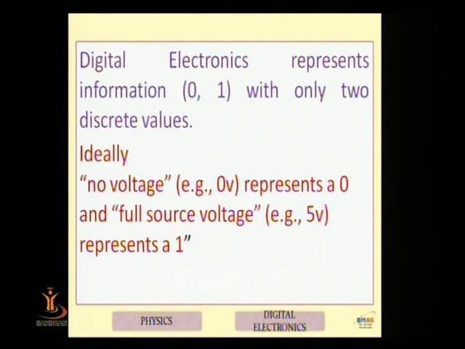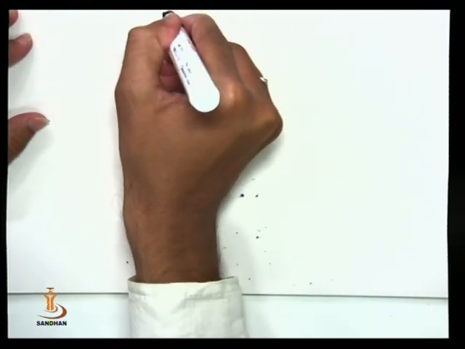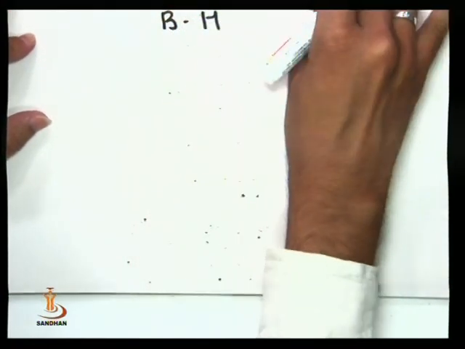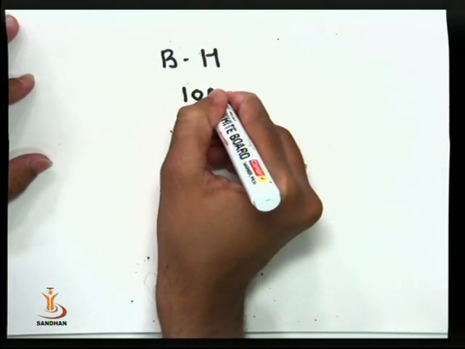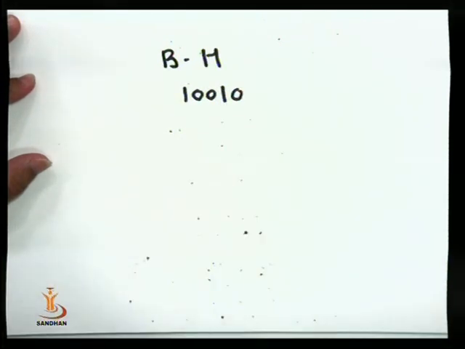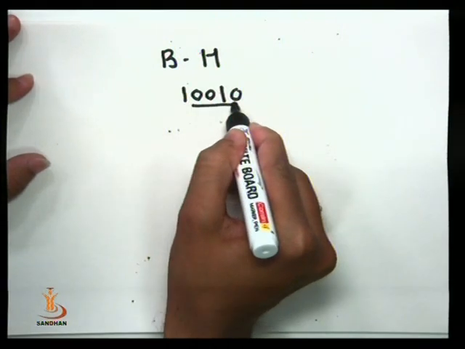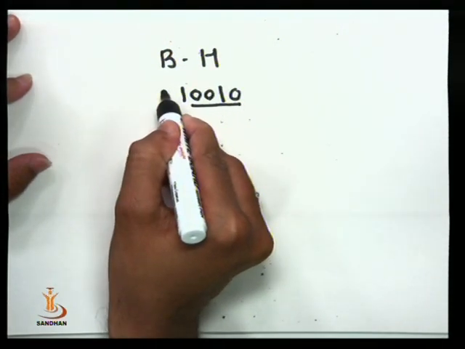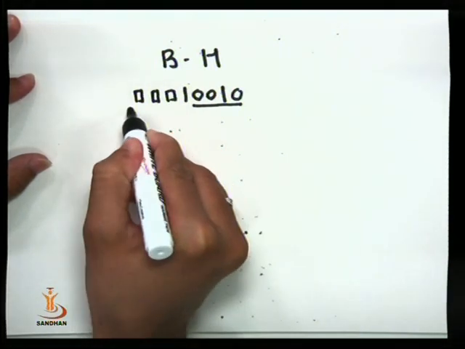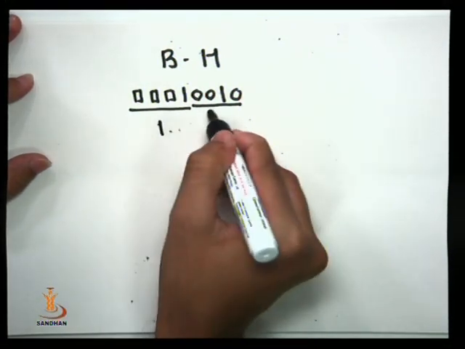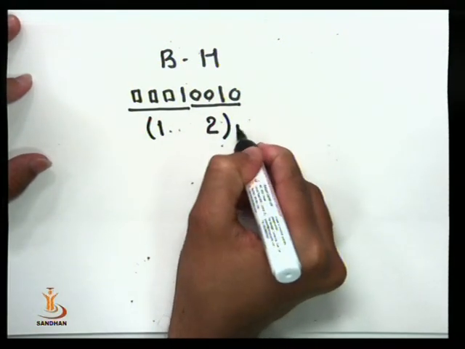Now the third one related to binary is binary to hexadecimal. Let me again take the number 10010. Here, in the hexadecimal number, we need to pair 4 digits. So these are the 4, and here we do not have another 3 digits, so I am adding 3 zeros. So that will give me 0001 0010, which is 12. So 12 is the hexadecimal of the binary number.